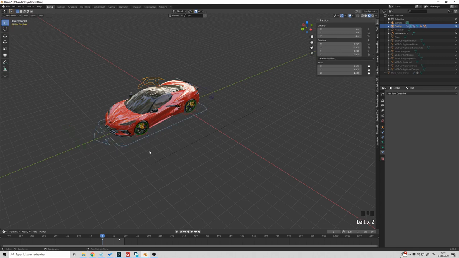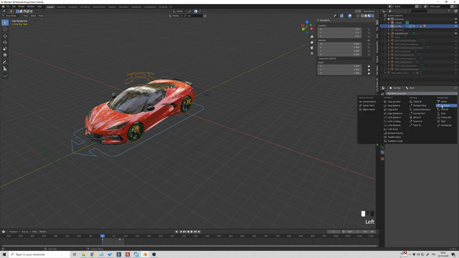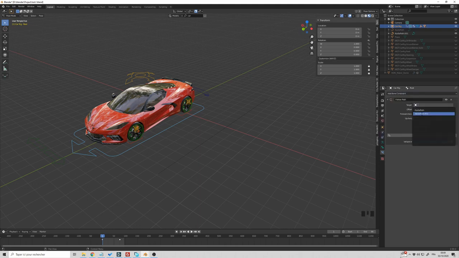You click on the rig, okay, this blue line, and here you go on the icon bone constraint properties, and you add a constraint. We are going to add a follow path constraint, and we want it on the path 001 we just created.